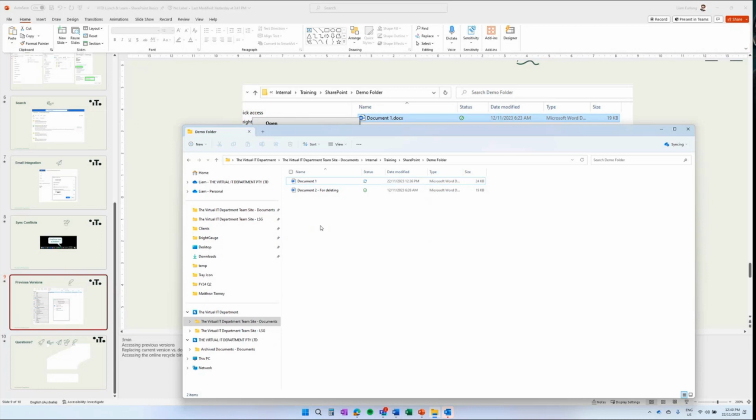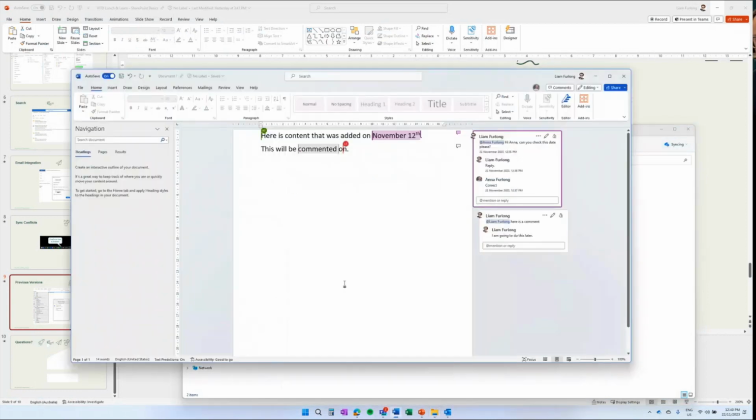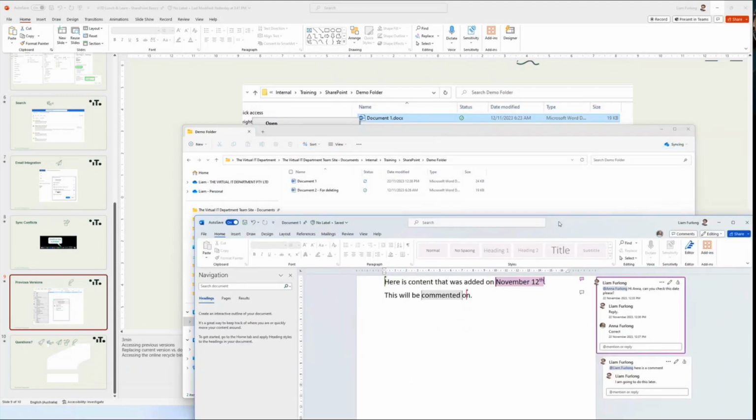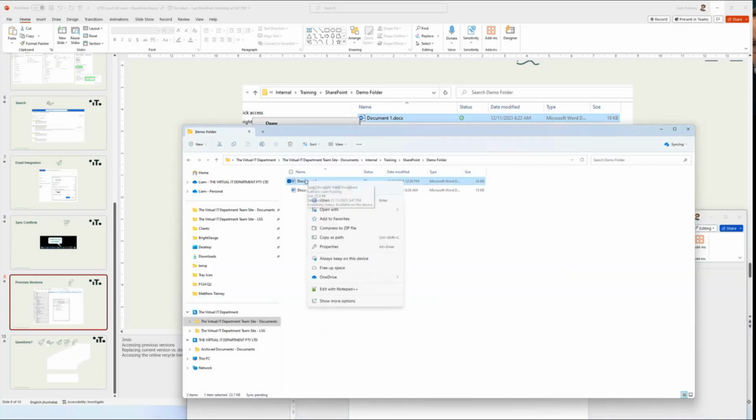Now, both the advantage and challenge of running a OneDrive environment is, sorry, I've opened Outlook and I meant to open Word. You can see up here in the top left, autosave is on by default. It's saving as I type, which may prove to be a little bit risky, and you may not want to do that. You may not realize that was happening, or most commonly you open a template, start making changes, and you planned on doing a save as, and you realize I've written over the template. So a great way to unravel that one is to just right click on the document again, OneDrive version history,